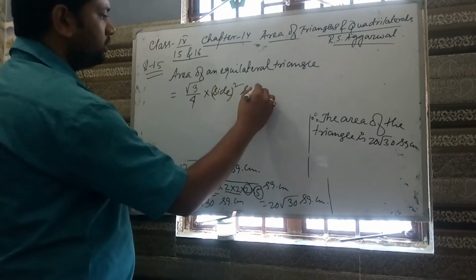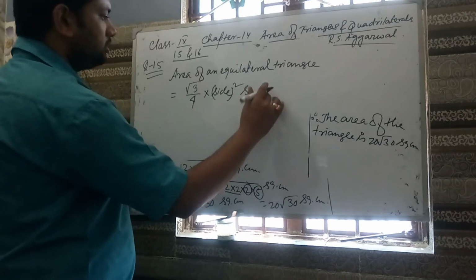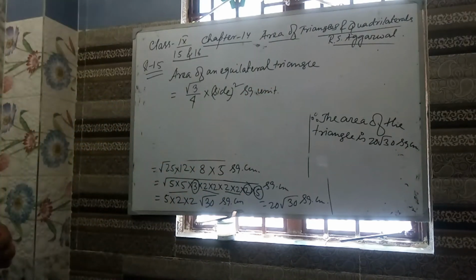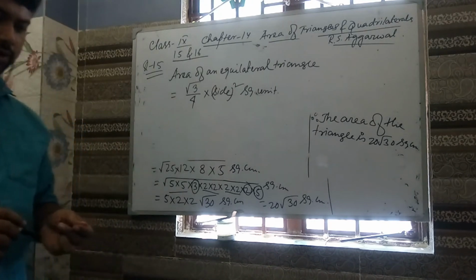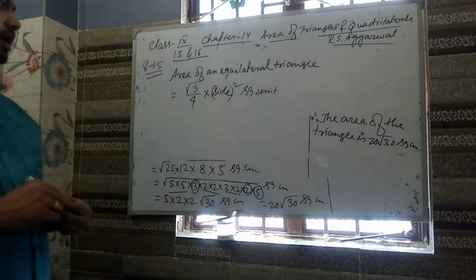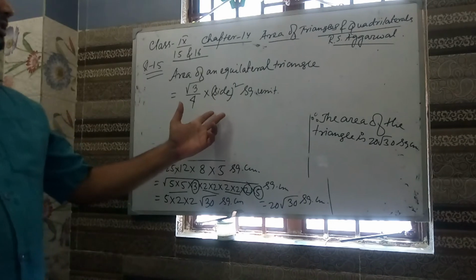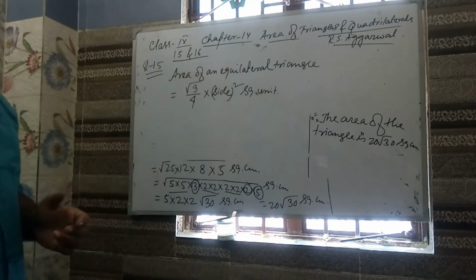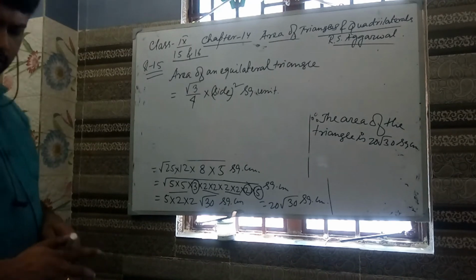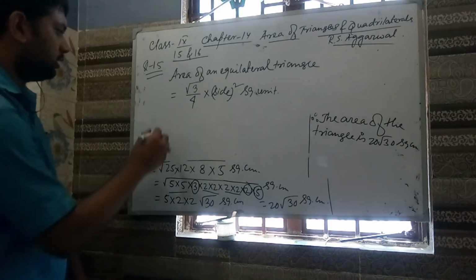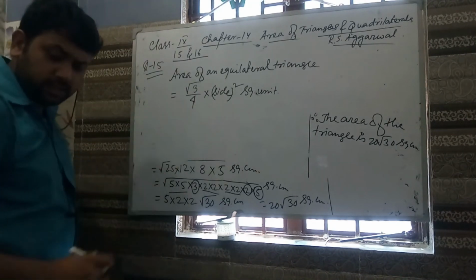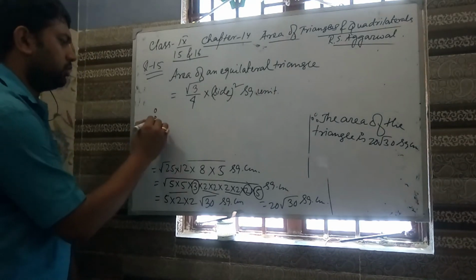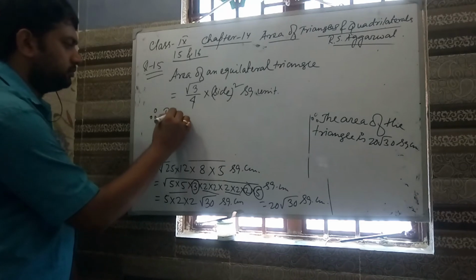This much square unit. Am I correct? Root 3 by 4 into side square. So this is the formula to find out the area of an equilateral triangle. Now what is given? This area is 36 root 3. Write down therefore by the problem,